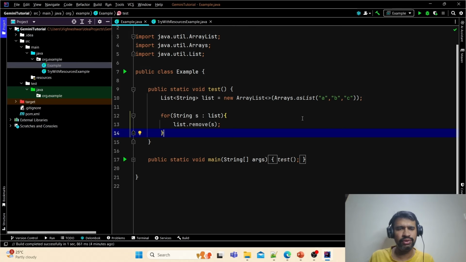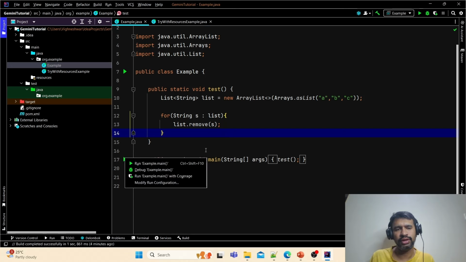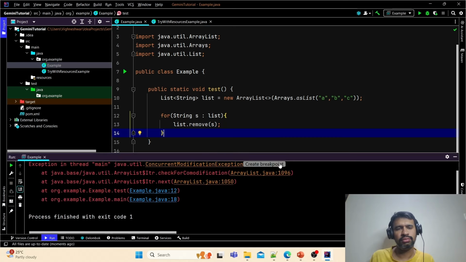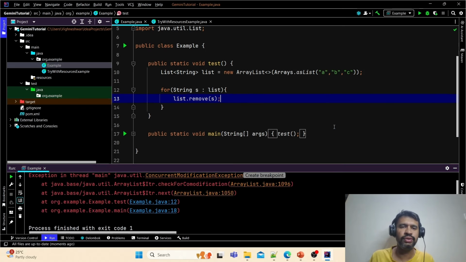Okay, so what we are doing is we are basically having a list of type array list, and we are iterating over the array list, and we are removing the element from the array list. So this is what we are doing. So basically, when you try to run this, you will get concurrent modification exception. By when we see this code, it looks like it will work, but it will not work